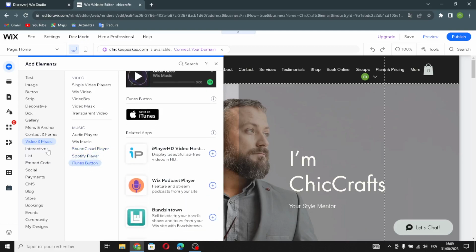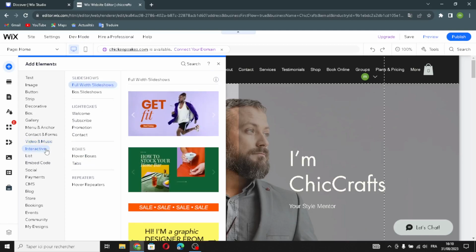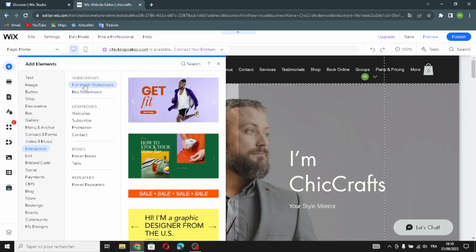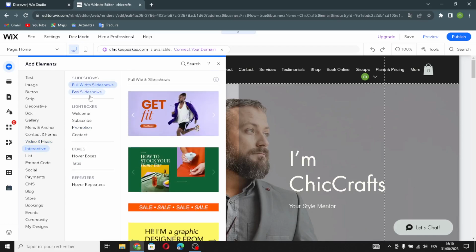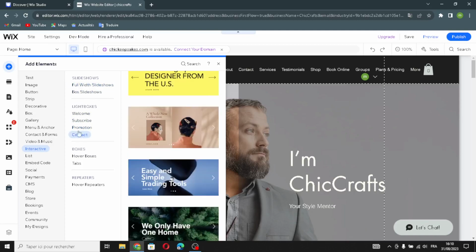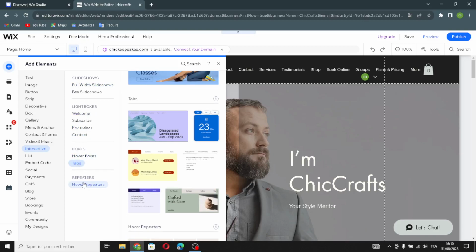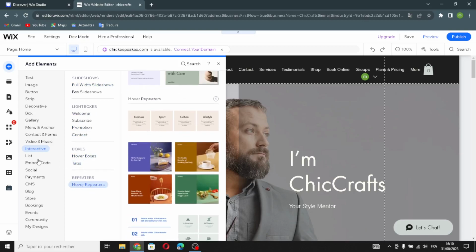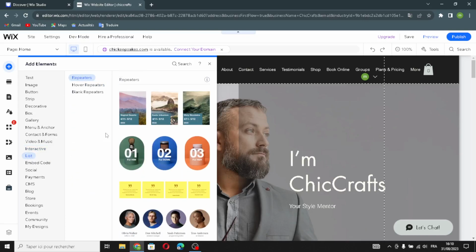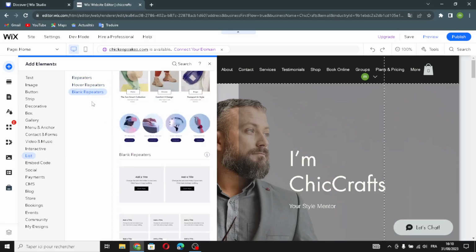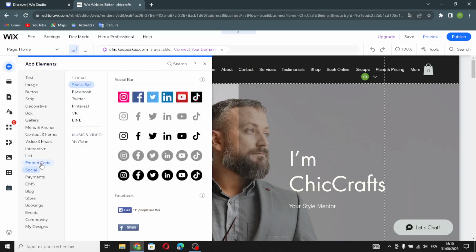iTunes button. If you want to add something from the interactive section, here you can add from the slideshows elements, full width slideshows or box slideshows, or the light boxes, or the hover boxes, or the tabs, or the hover repeaters. So that's it. Now let's move on to the list. If you want to add some normal repeaters or hover repeaters or blank repeaters,